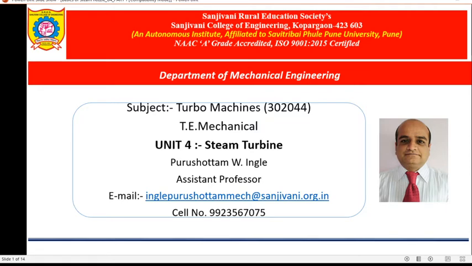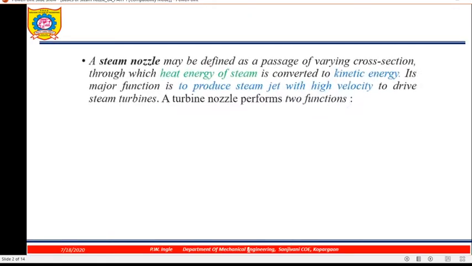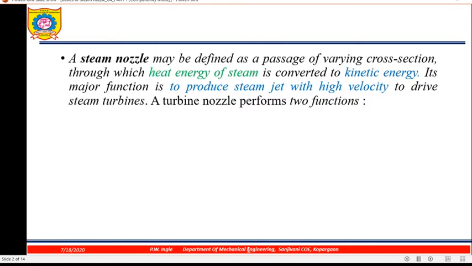Now today we will discuss unit number 4, steam turbine. Before that we have to discuss the basics of steam nozzle, because the steam nozzle is also an important component of a steam turbine. A steam nozzle is a passage of varying cross section through which heat energy of steam is converted into kinetic energy. The heat energy of steam is nothing but the steam which is produced by the boiler